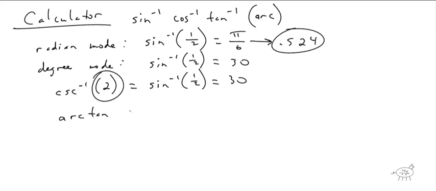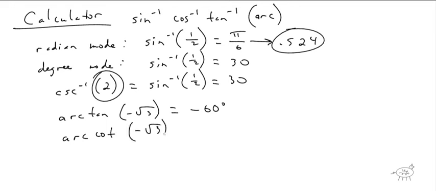All right. The only weird one, math fans, is, well, first of all, arctangent of negative root 3. Okay, if I stick that in there, I get negative 60 degrees. Okay, it's pretty smart. It knows that. But if I do arc cotangent of negative root 3, you're going to type in arc tangent of negative 1 over root 3, which is the same thing as negative root 3 over 3. But that's not going to give you the right answer. It's going to really give you